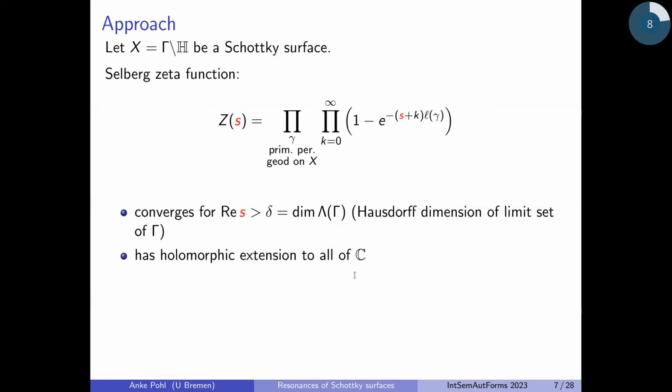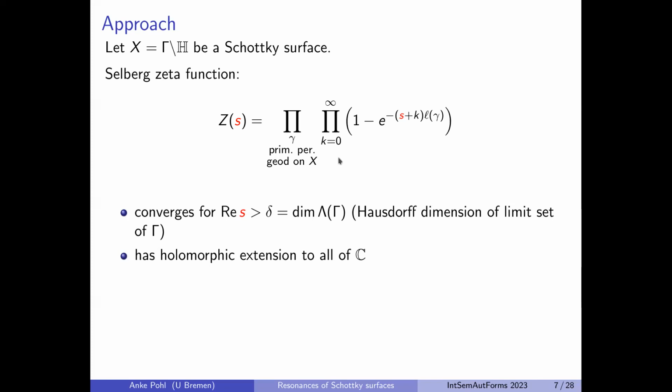So how did he do that? The numerical approach was quite a clever idea. So let me go through this. Instead of working with the Schottky surfaces and the resolvent directly, he used the Selberg zeta function. I suppose major parts of the audience know much more about the Selberg zeta function than I do, but nevertheless, let me introduce it here again.